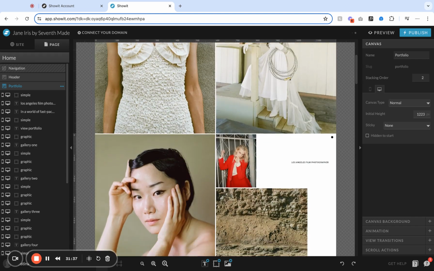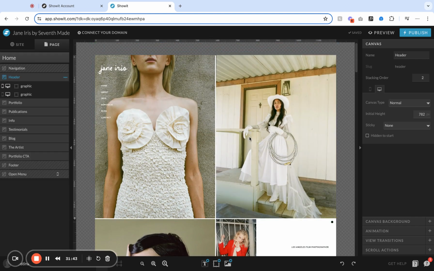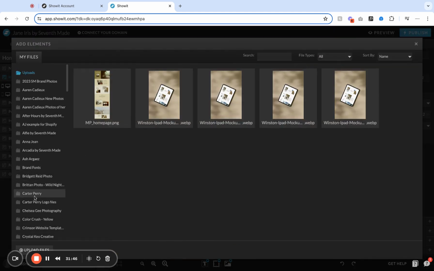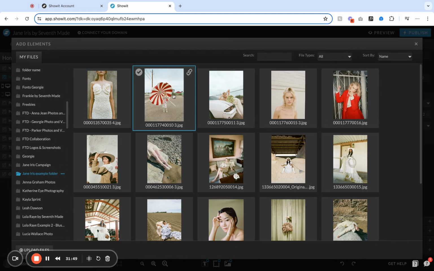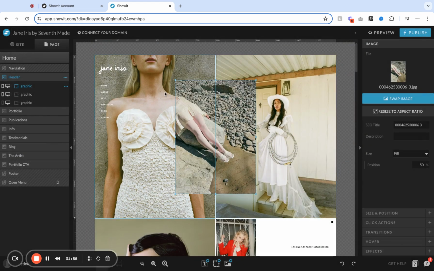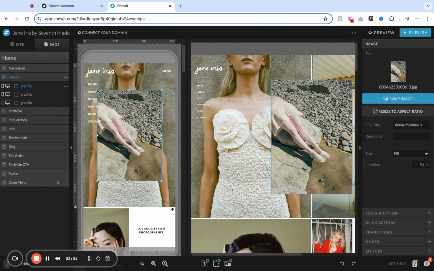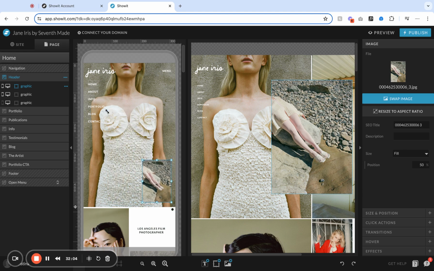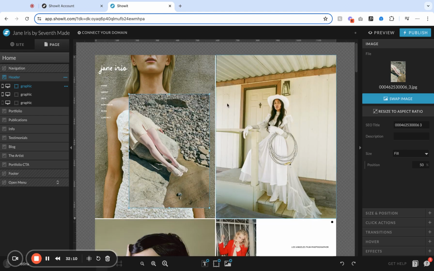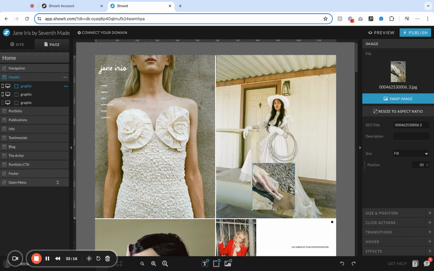If you want to add an image to a canvas, for example, that isn't already on this canvas, we can also select an image by going to Media, Library, and we can just add one in by selecting it and adding here. You'll see it show up on desktop and mobile. So whenever you add either text or images, be sure to double check on both and adjust them on both however you would like. And the cool part is you can literally move these anywhere you want. It makes it so fun to actually come in here and start editing your website. They can go anywhere